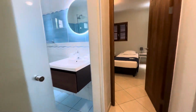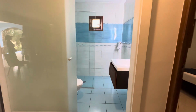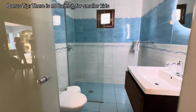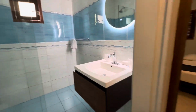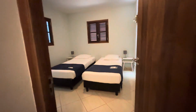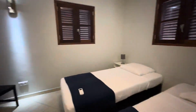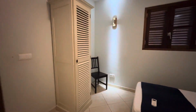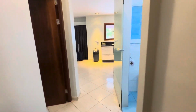Coming down this hallway here, this second bathroom did have the same issues. This door was frosted, so again, not much privacy. The shower had the same issue with water leakage, and the mirror was mounted just as high. Both the second and third bedrooms were pretty much identical, 2 twin beds that could be pushed together, but it was nice that each room had its own air conditioner so you could control your own temperature in